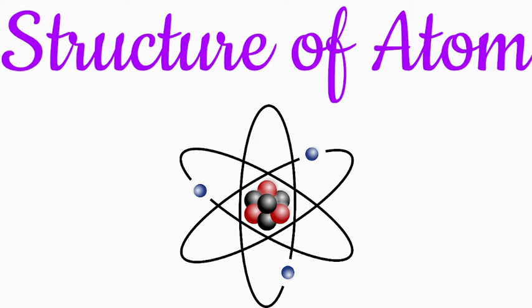The mass number of an atom is the sum of the numbers of protons and neutrons present in the nucleus and is represented by the symbol A. The atomic mass of an atom is calculated in AMU and is close to the mass number. It is obtained by adding the masses of the protons and the neutrons present in the nucleus. Since the mass of the electron is negligible, it is ignored.